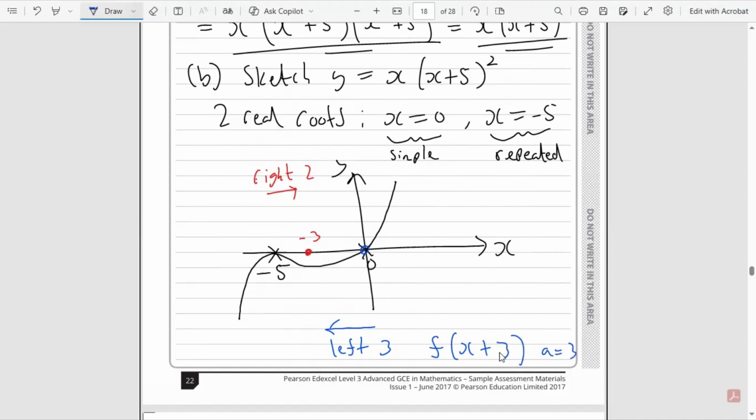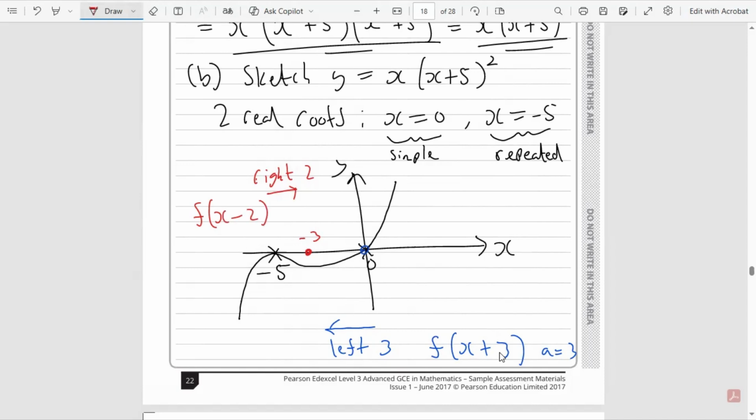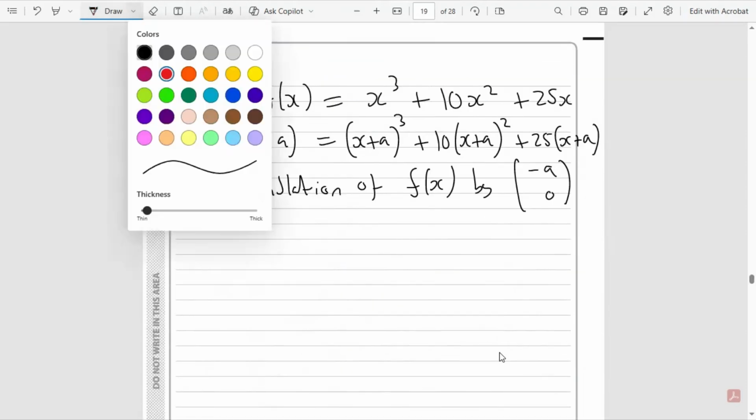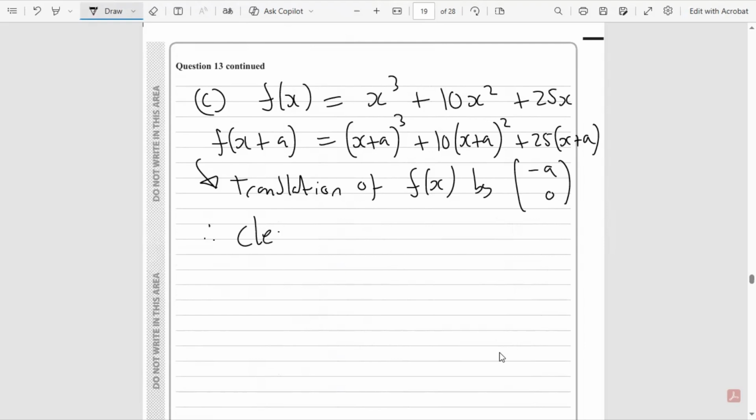Now with the one to the right, if we move the graph to the right by 2, this is an f of x minus 2 transformation or translation. So therefore, in this case, the a is -2. So therefore, we've worked out the two values of a, and those are our two values. So we can just say down here, so therefore, clearly, let's write that a bit neater again. So therefore, clearly,